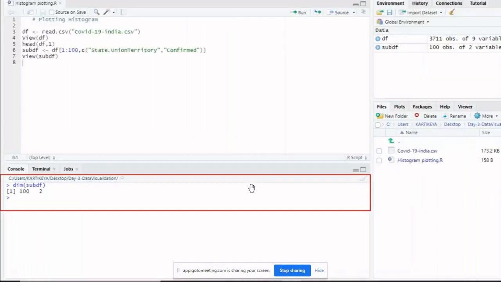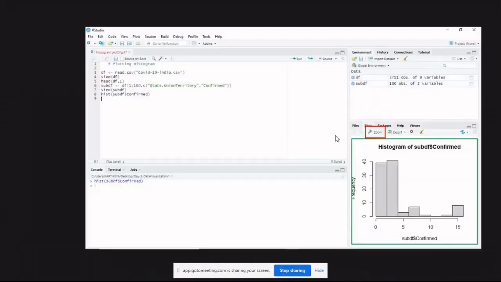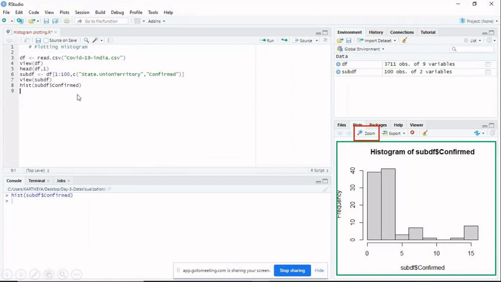Right. Now, if I want to plot a histogram for this particular data set which we have created from the main data set, that is subdf, how can you create it? It is a very simple command, hist in brackets, your data set name and dollar symbol confirmed.